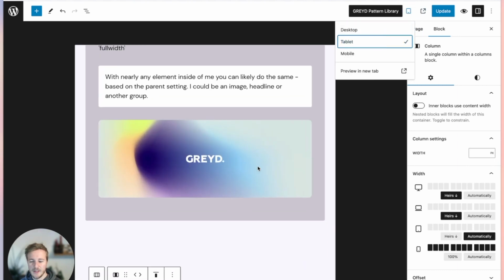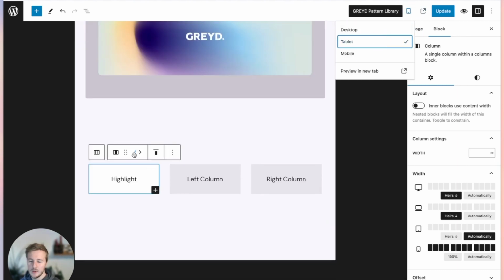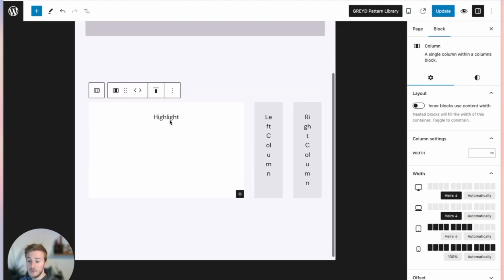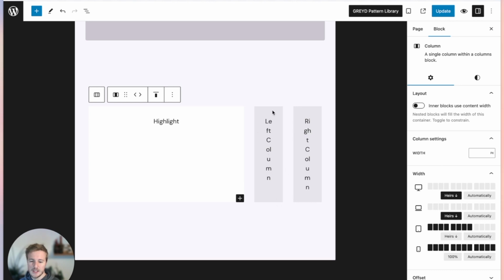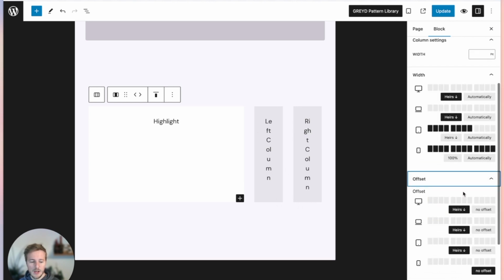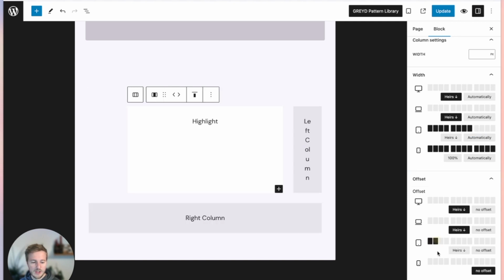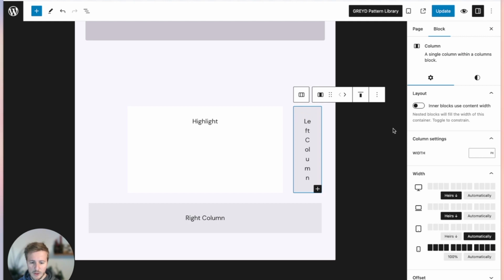And maybe I want to do something different. I want to now have on tablet, because the content in here could be way larger, I want this to break out outside of this column and actually highlight it on top. So starting with this breakpoint, I want this to be very large. So this doesn't actually make sense for the other contents, but we get there. And I want this to be in the middle, so I have this in an 8 column grid, so I want to have this as an offset with 2. And now this breaks already, which is nice,